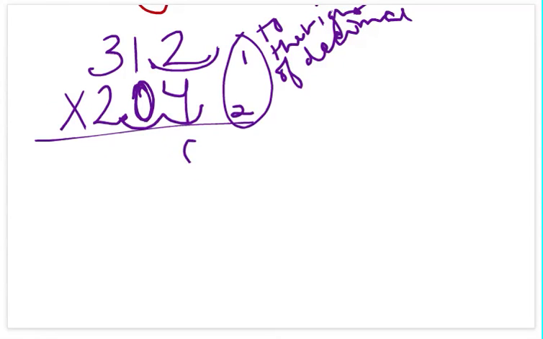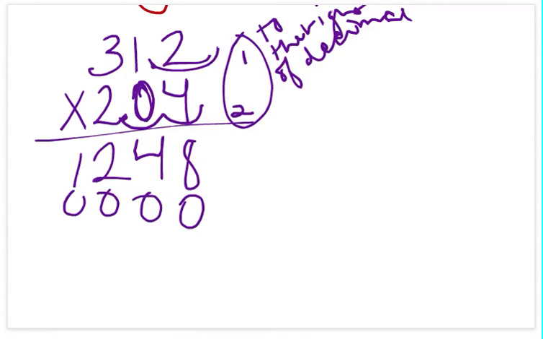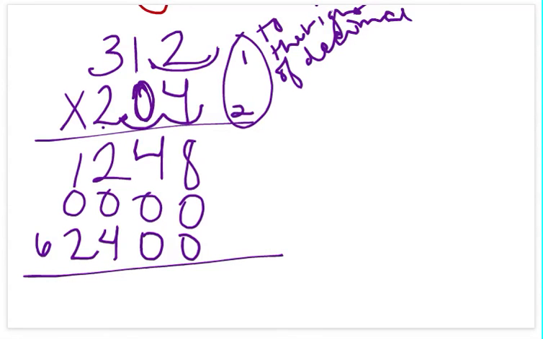4 times 2 is 8. 4 times 1 is 4. 4 times 3 is 12. And then I'm moving over a space, so that has to be 0. We know anything times 0 is 0, so I've got a line of zeros. Now I'm going over 1, 2. This is my third space, so I need to go 1, 2. Now 2 times 2 is 4. 2 times 1 is 2. 2 times 3 is 6. So now you got, look